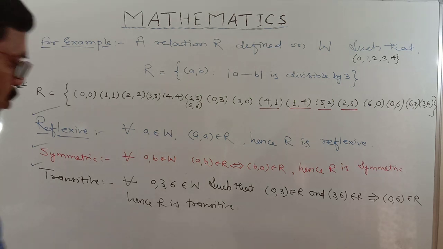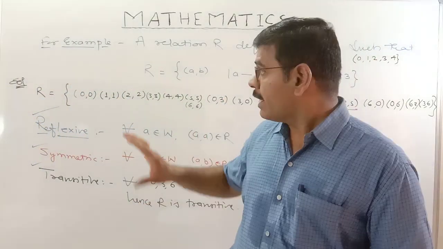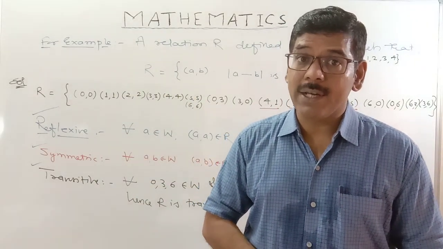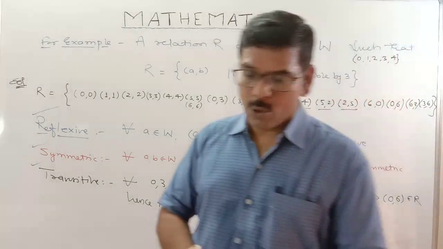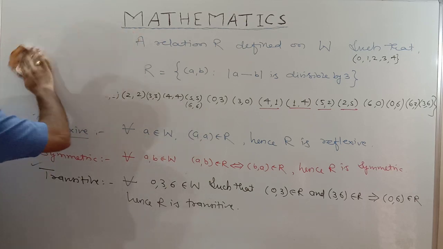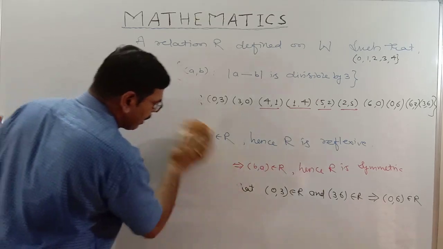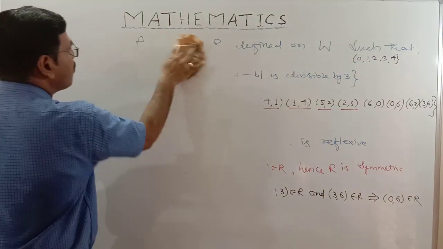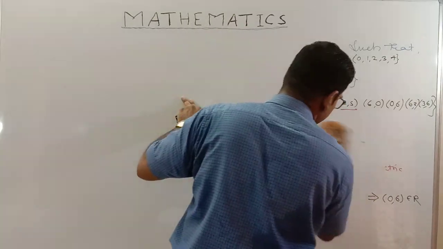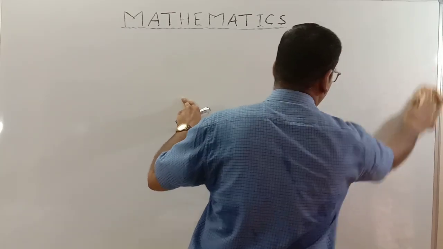Okay, I hope that you understood the relation and how to prove reflexive, symmetric and transitive. I'll give you more examples. We will do more examples, but here you must have understood. Now let us move ahead. This topic is ending here, but we need to understand a few more things. There are a few more definitions, not part of understanding, just collective things we have to see.